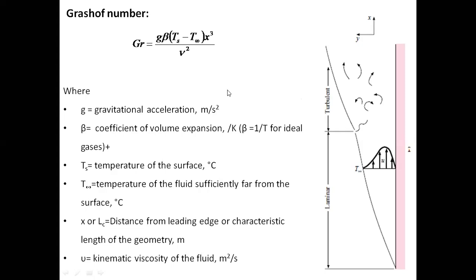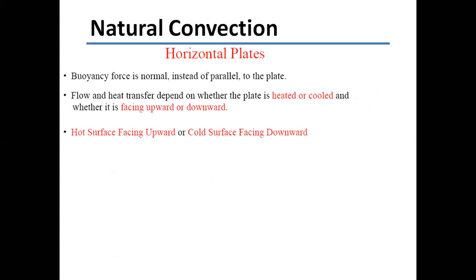So this we have seen, but surfaces are not always vertical, right? A surface exposed to free convection need not always be vertical. There can be other situations also. So let's see what kind of situations there will be and how those are analyzed. Natural convection for a surface: suppose you have a horizontal plane, not vertical. The plate is horizontal. So here, what happens?